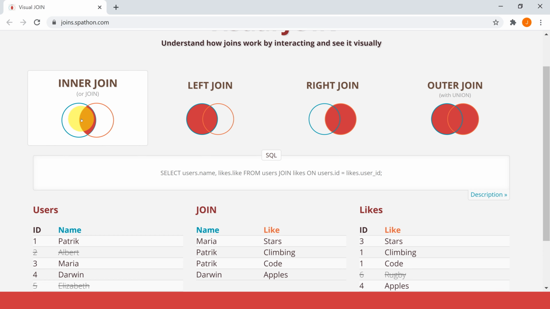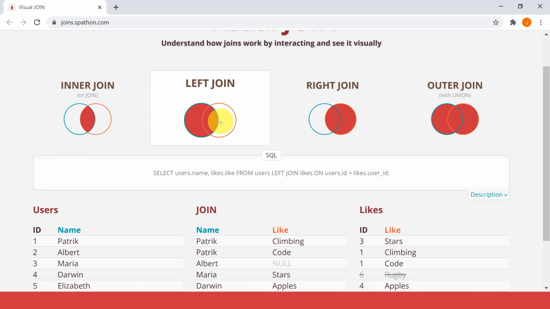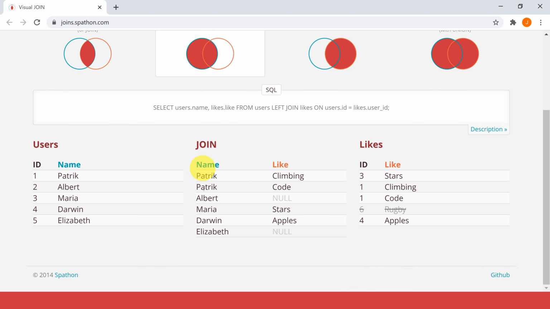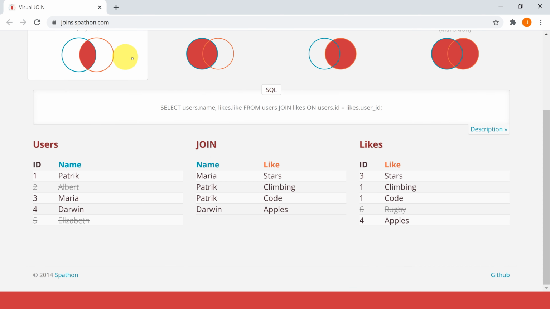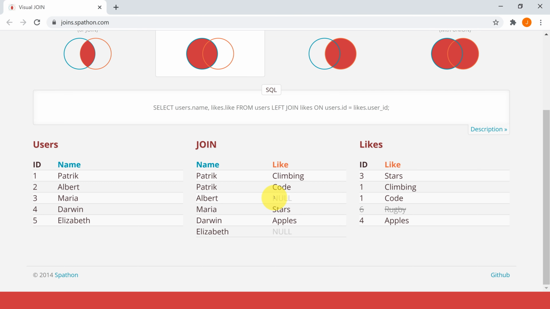Awesome. Now what about left join? If you click left join here, as you can see, the SQL changed. It's using left join instead of the normal join. And what's the difference? As you can see, there is a difference. In inner join, you don't have Albert and Elizabeth. And if you look at the resulting table, if there's no match, we just assign it null, like Albert and